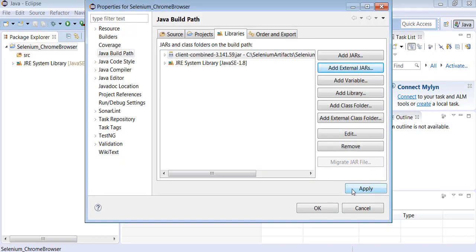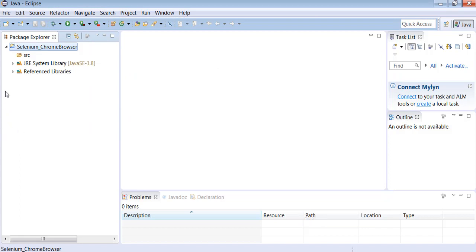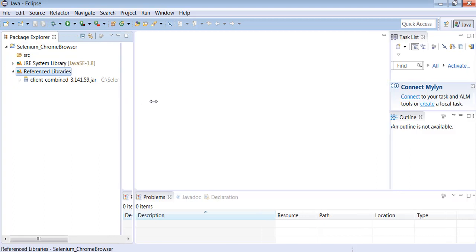We have to click on Apply, then click on OK. We will see under Referenced Libraries that a jar file is getting added.